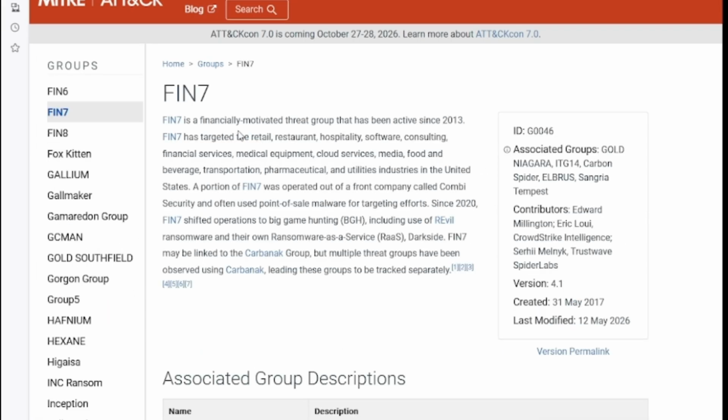It's a financially motivated threat group. It's been around since 2013. Very active still. They've not gone away, even though they have linked with other groups like Carbanak and some others. If you're looking at the threat intelligence field, you're going to get to know some of these names very well. You may even dream about them from time to time, but it does fit into the MITRE ATT&CK